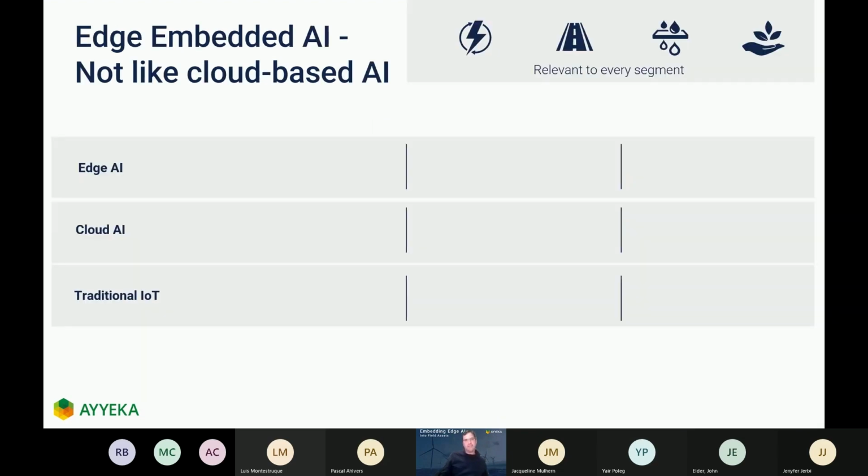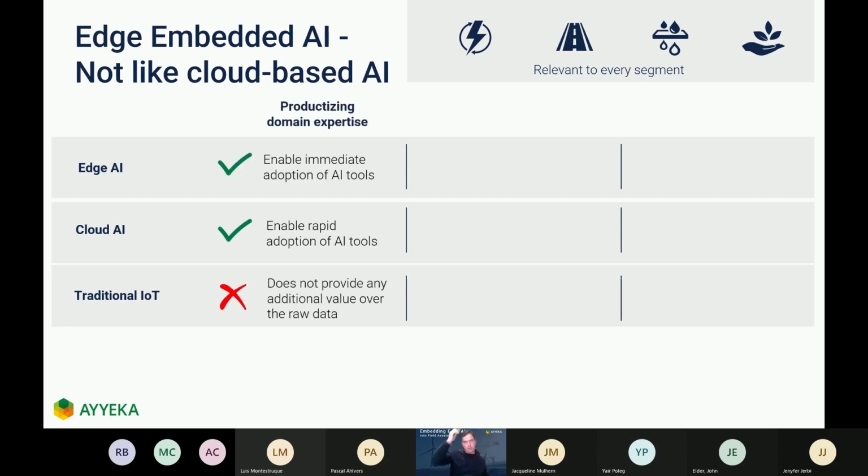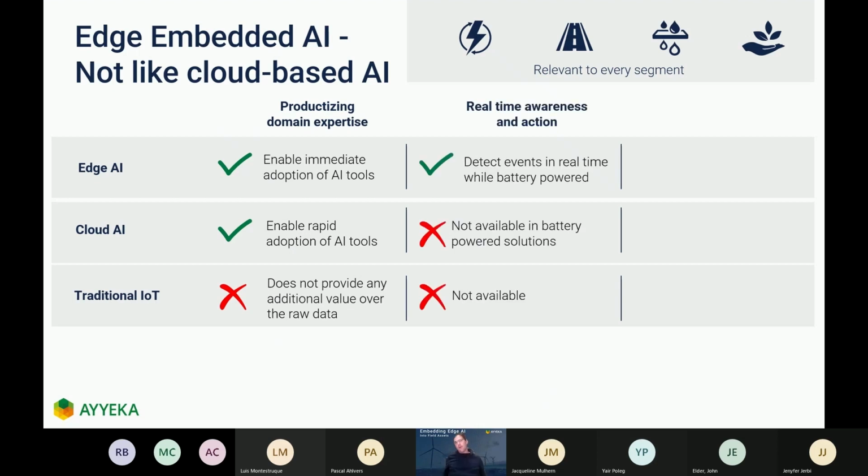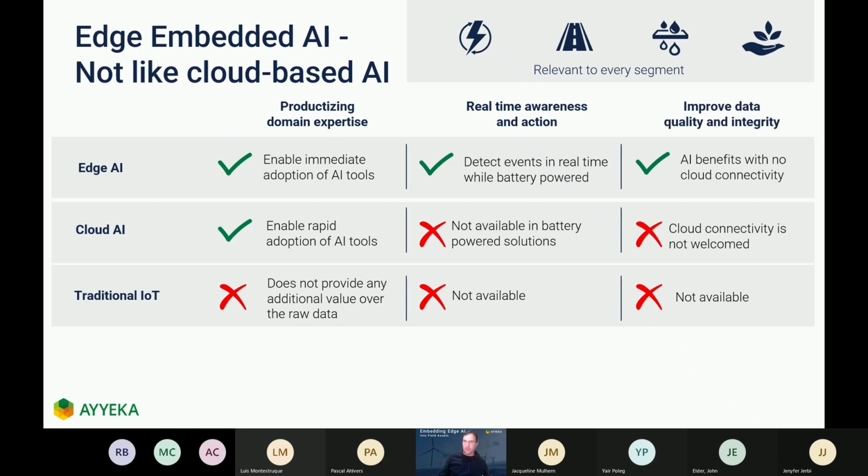And if I need to put it in a table format, you will see that productizing domain expertise, both edge AI and cloud AI does it, but traditional IoT will not do it, because traditional IoT typically talk about creating the data, managing it, but doesn't bring the benefits from it. The real-time awareness, the cloud AI cannot do it because the data is not readily available on the cloud in real time. So you must do it on the edge. And if you want to improve data quality, again, the best thing to do it is on the edge,